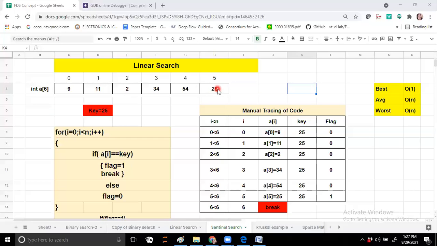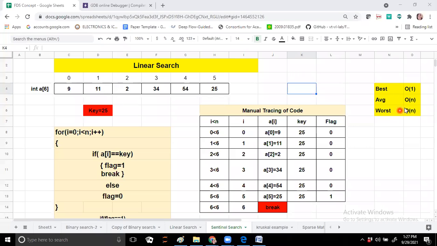So as we have seen, linear search works on unsorted elements in the array. Suppose here I want to find the key 25, and we are thinking about the worst case of linear search. We have seen the best case of linear search is big O of 1, and the average and worst case is O of n.